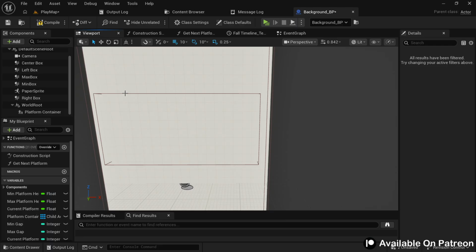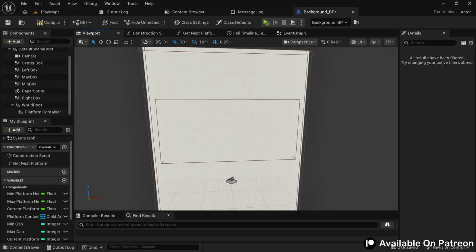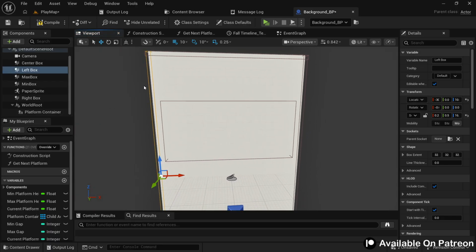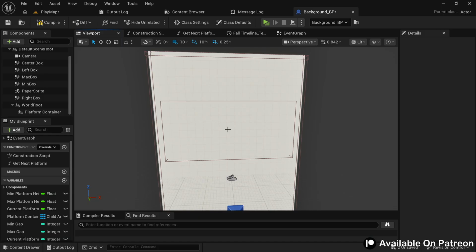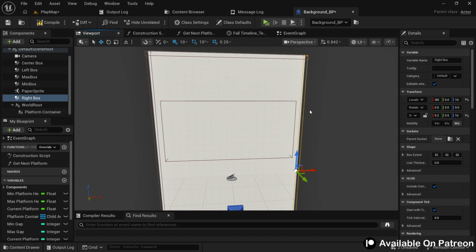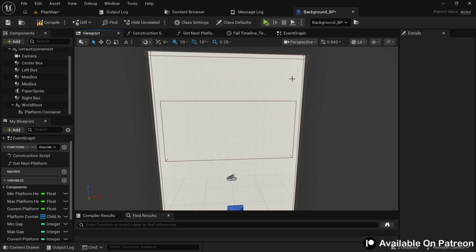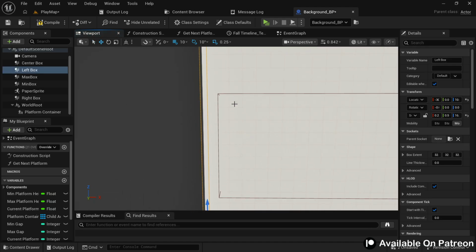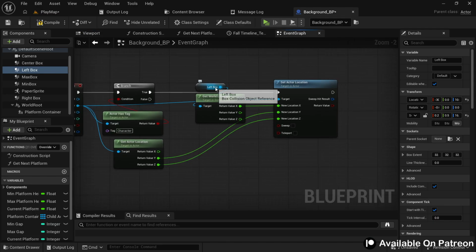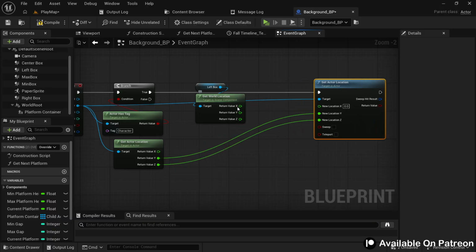But this can actually create an infinite loop, since just like we add an overlap event for the right box, the same way we are going to add one for the left box. And if we overlap with the left box, it's going to teleport the player to the right box. So this can result in an infinite loop, and to avoid that situation, when we teleport to the other side, we are going to bring the player slightly away from the collision box so that it doesn't collide with the box as soon as we teleport the player, and this will avoid the infinite loop issue. So to slightly shift the position, let's recombine this